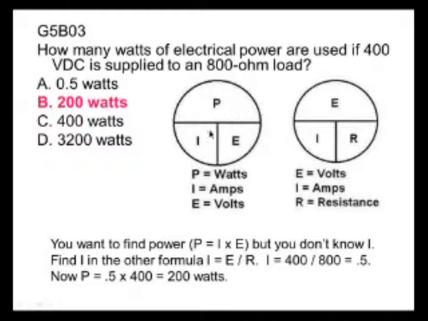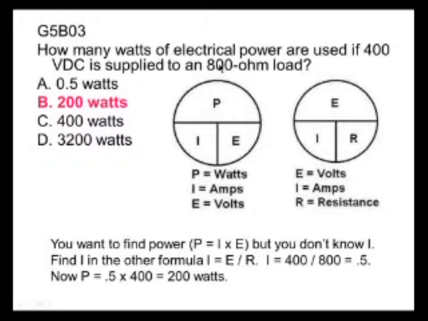You'll remember you had these two relationships, okay? We had the pie chart, the power formula, which said P, power in watts, is equal to current times volts. Okay, and then this is Ohm's law, which says volts is equal to current times resistance. Okay, now what they've done to us in this question doesn't allow us to use either one of these. We have to use both of them because they're asking us for power if we have